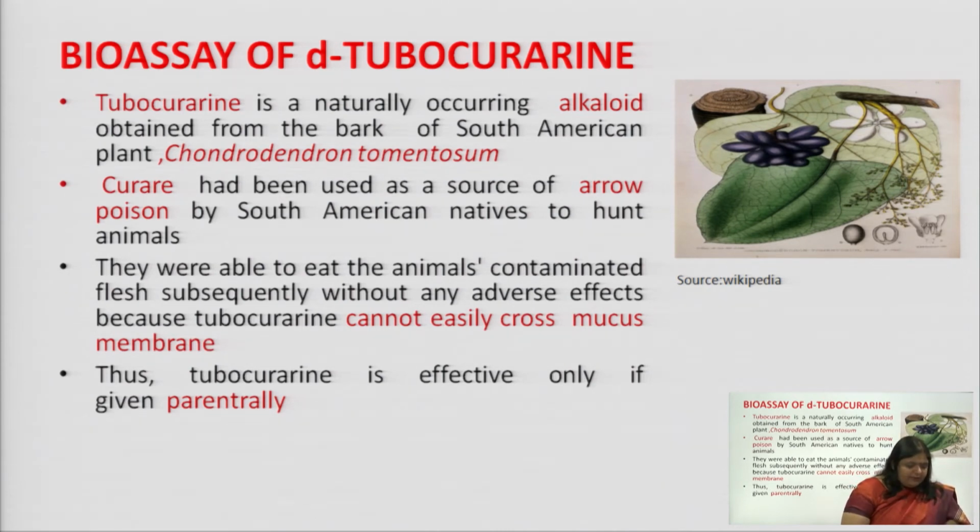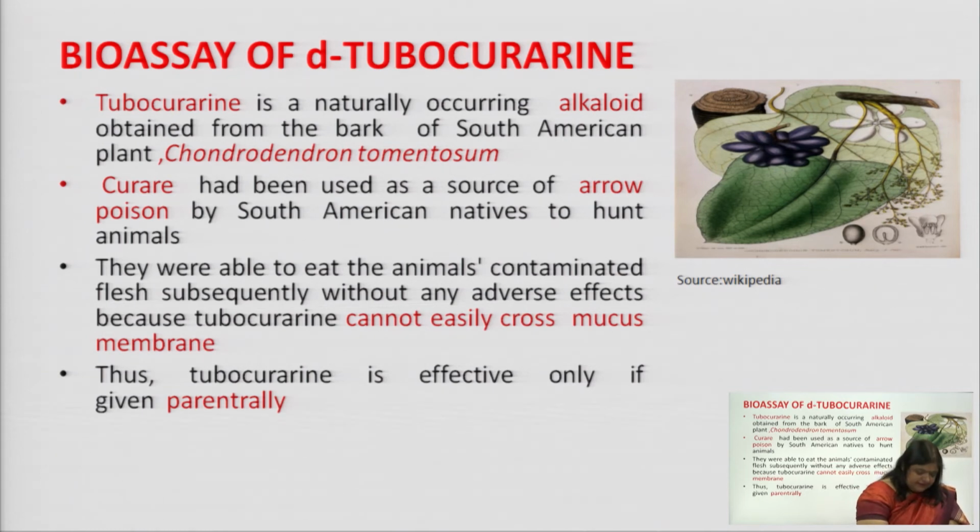And how were they able to eat the animals which were contaminated with this curare? There were no adverse effects. How were they able to eat? Because tubocurarine cannot cross the mucous membrane. For D-tubocurarine to produce its action, it has to be given parenterally. It is not effective orally. So that is how the people used to hunt the animals with this curare or arrow poison, which we call D-tubocurarine, and there were no adverse effects when they used to eat the flesh of the animals